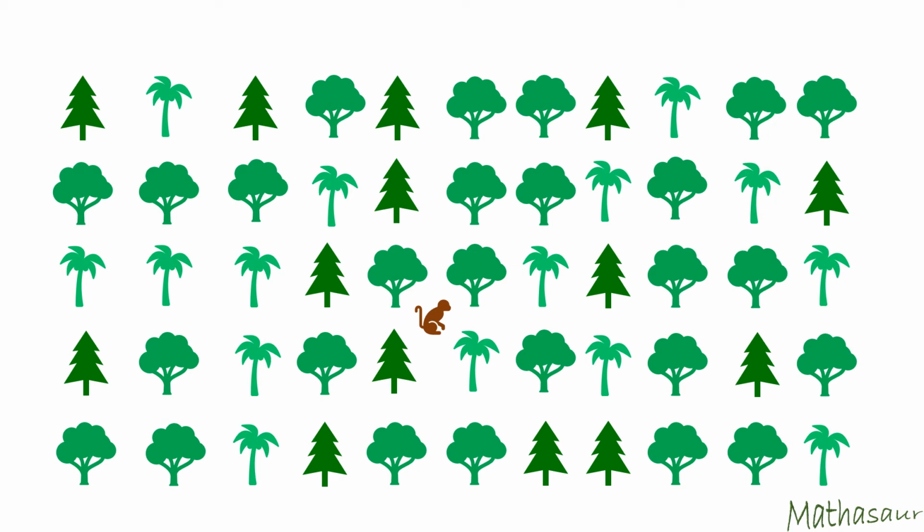Let us look at another story. Now here is a monkey sitting in a forest. There are different kinds of fruits all over the forest and the monkey would like to collect all of them. Now this time, let us flag the monkey's position. Let us put a yellow flag where the monkey is sitting. Now let us try to figure out the paths to different fruits.